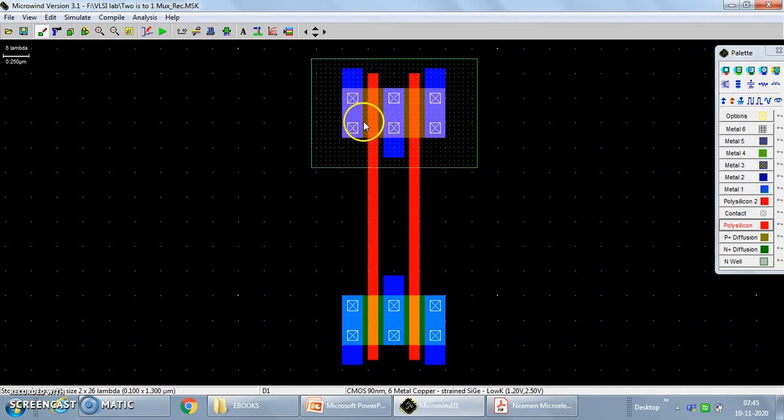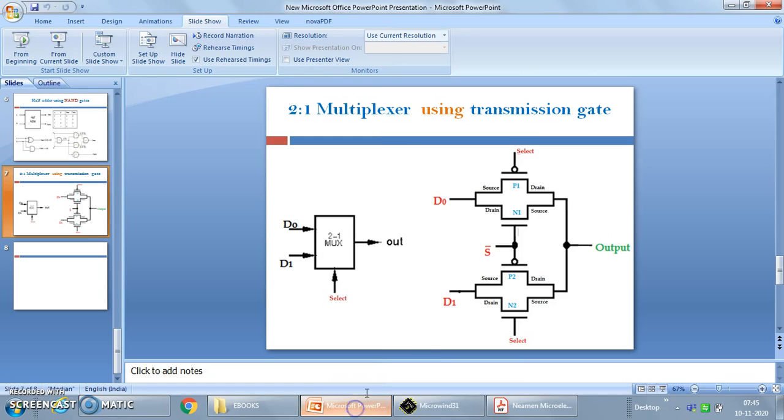Now how are the terminals arranged? This is source, gate, drain, and again this is drain, gate and source. The drain terminal is common for both the P MOSFETs. Let us come back here. We are designing this connection now. The drain of both the P MOSFETs is joined with the source of both the N MOSFETs.